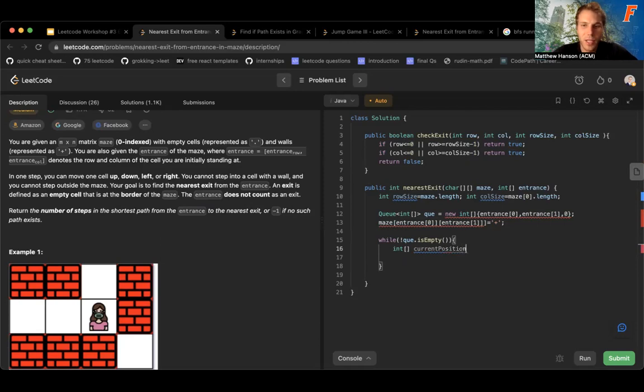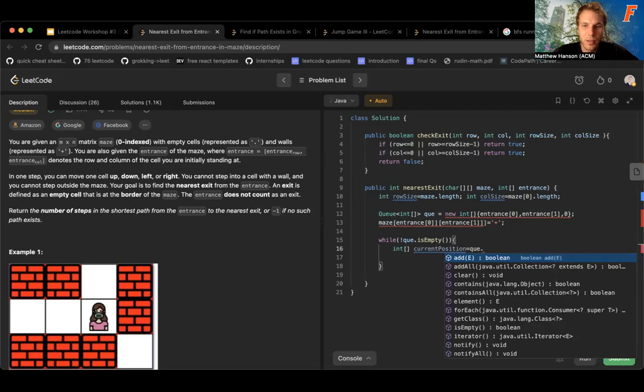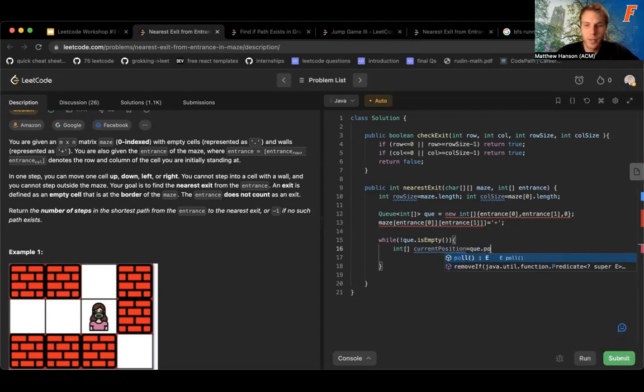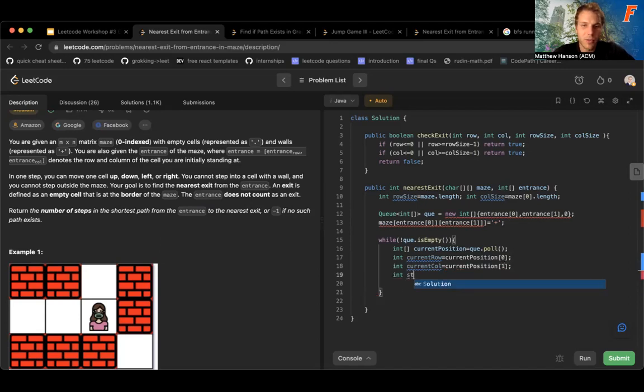So this is going to give me the current position. So I'm going to have current row is current position of 0. Col is the current position of 1. And then the number of steps is the